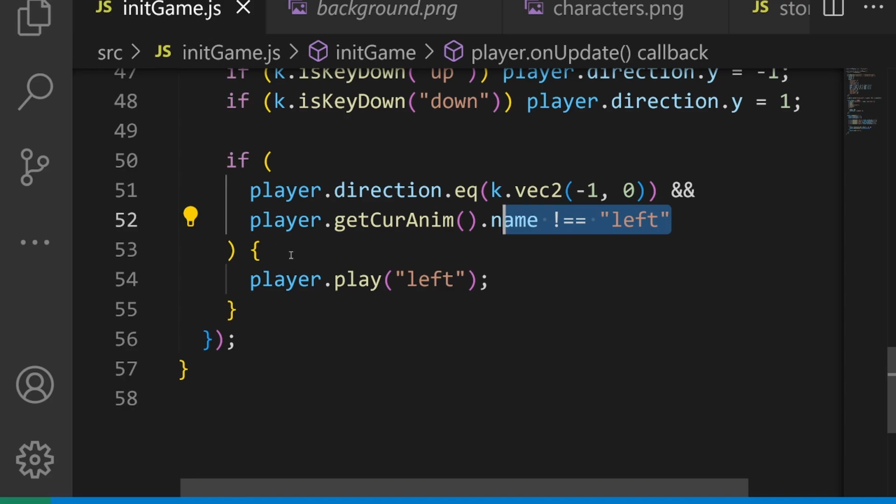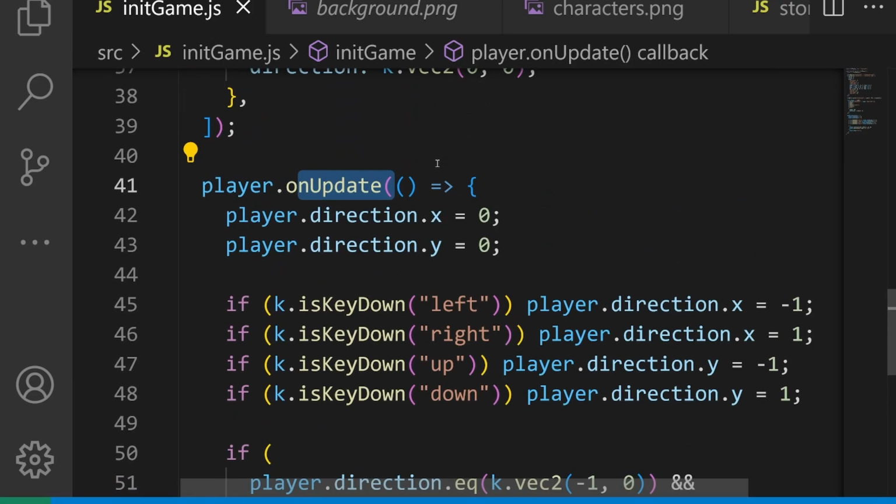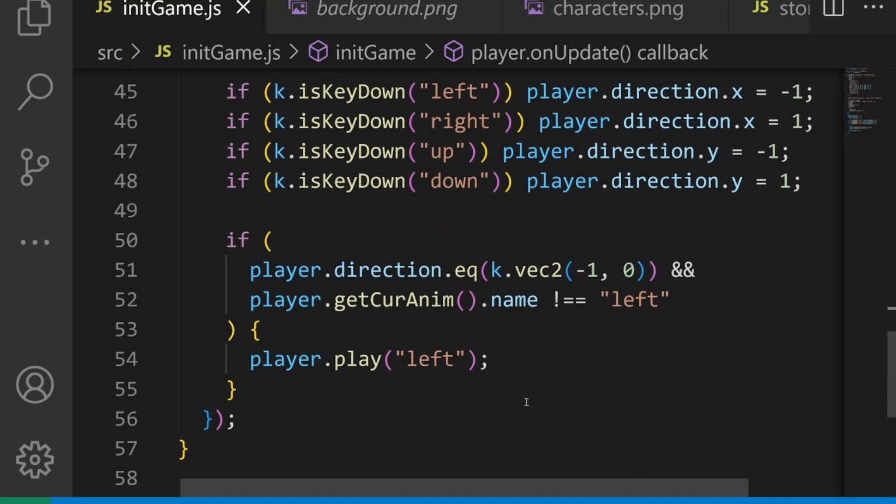So here what we're doing is this. If we get the current animation and its name, and if the name of the current playing animation is not equal to left, we play the left animation. Since this onUpdate method runs every frame, so the function we pass to this method,